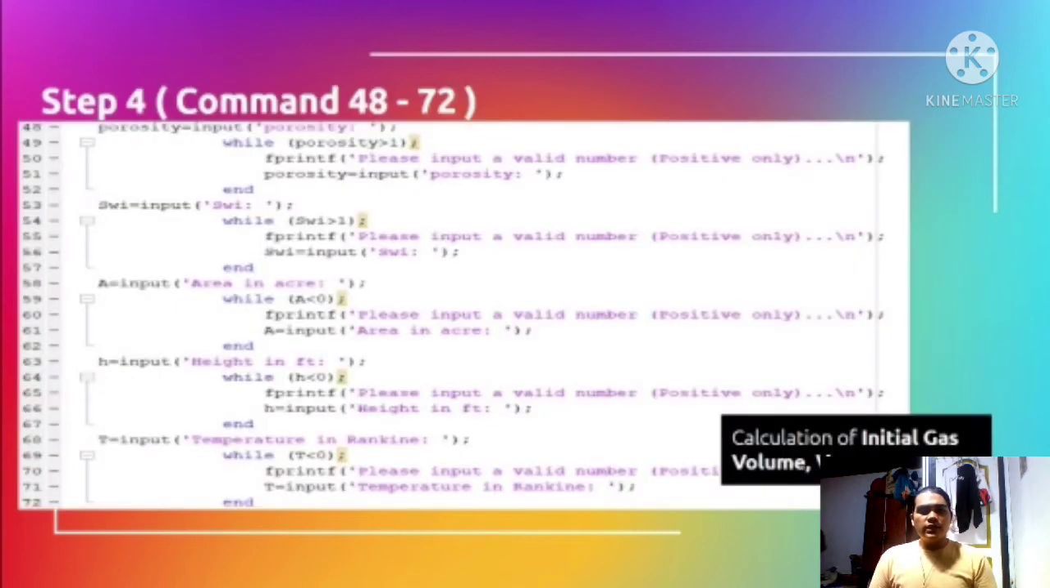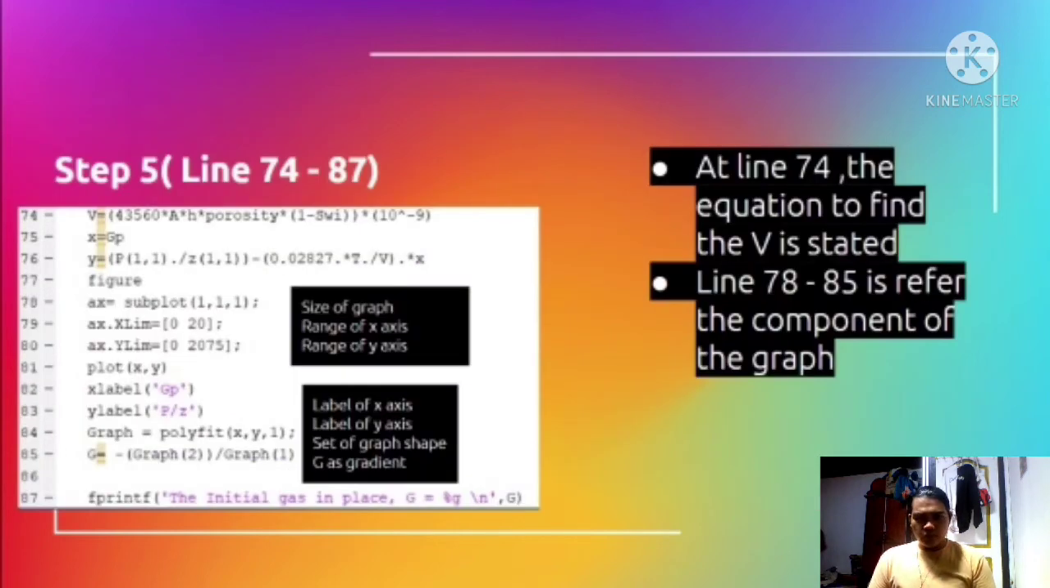For step 4, this is the most crucial and the hardest part that needs to be plugged into the script, which is that we need to calculate the initial gas volume, V. Then for the next step,